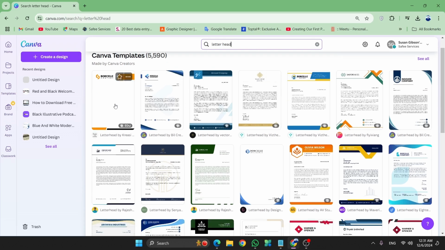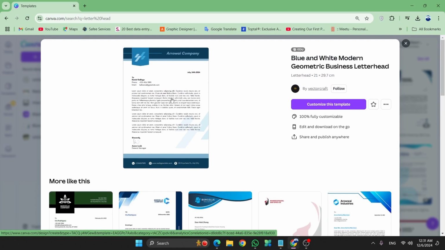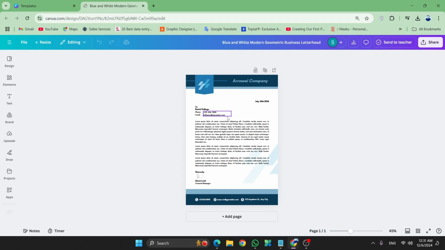For example, I'm going to choose this design here. You can choose any of them. For example, you can also click on this one as well. And after clicking on this, as you can see, you will get similar designs here. Now simply what we have to do is click on this option, customize this template. So let's click on customize this template, and after that, as you can see, we will be redirected